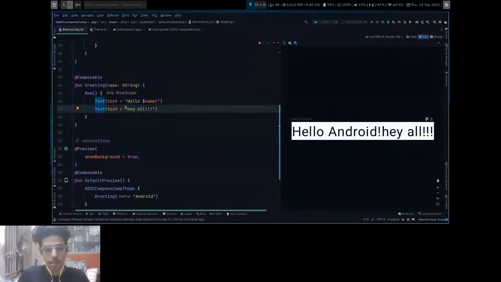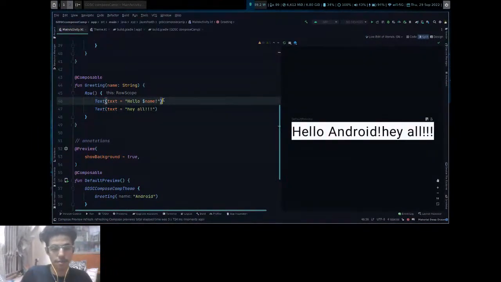Now since there are no spaces here, it will look like they are stuck to each other. So that's where Modifier comes in.